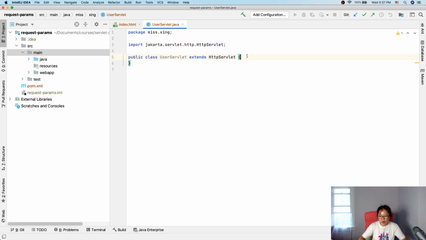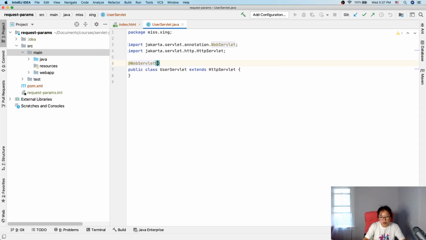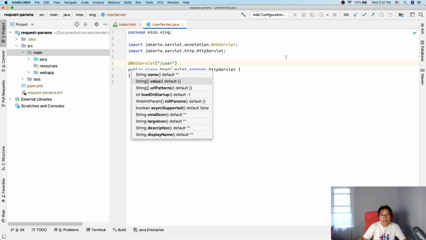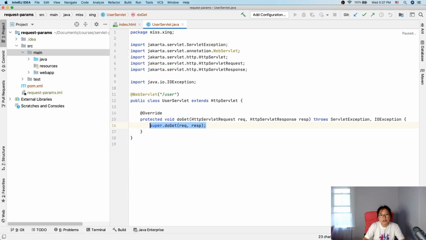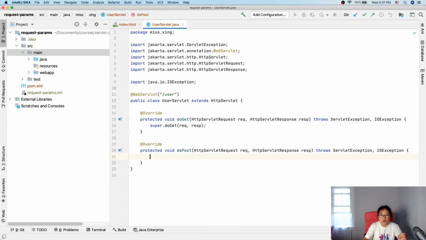Then we will have this @WebServlet called /user, since it's called UserServlet. We will do a demo with doGet, and the other one is also doPost. We will override two methods, so we don't need to write multiple servlets to demo this. In doGet, we will just